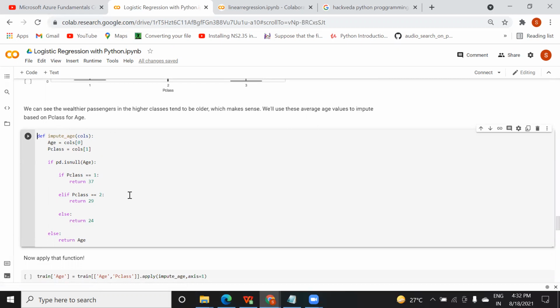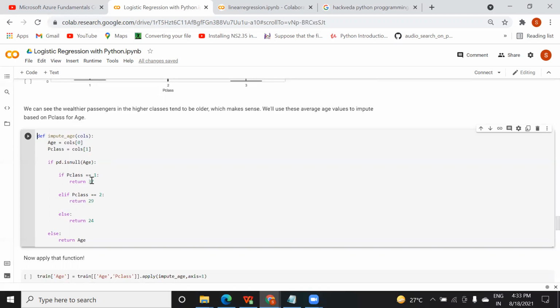This is just to check which class that particular passenger belongs to. So I've written this function based on the pclass. I will calculate the age for the null value. In case age is null and the class is 1, most of the data lies in a certain range, so based on that I'm returning.